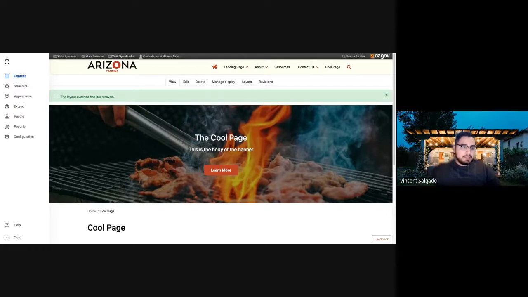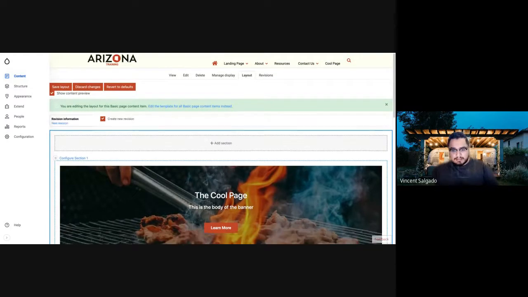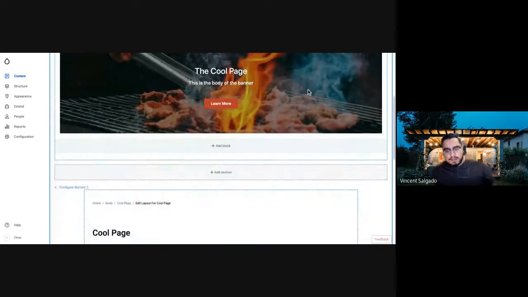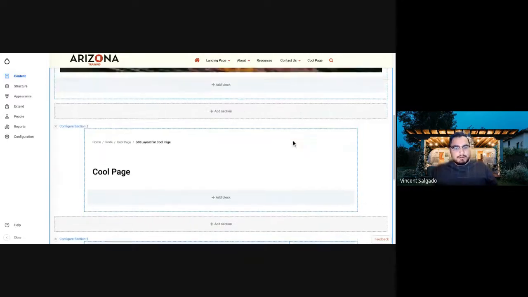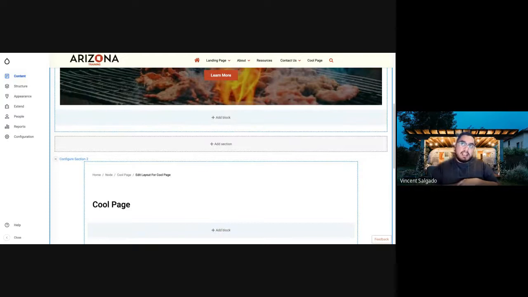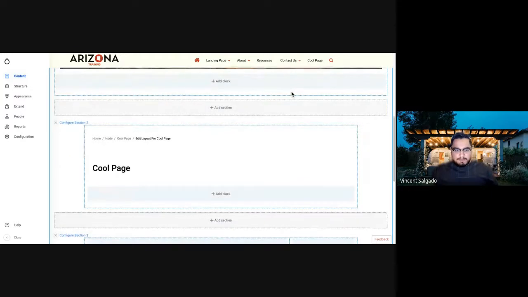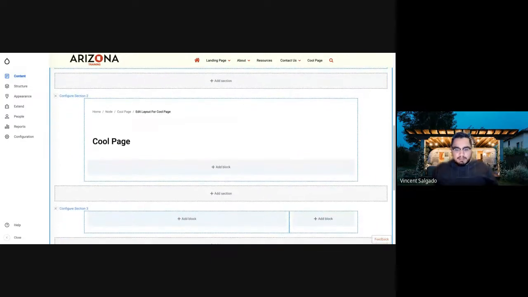So the next thing I want to show you, so we'll go ahead and continue on here. Now that we're getting familiar with how to use this layout builder, one of the things you might want to do is create a page that has 3 columns with 3 different texts right side by side with each other. So if I wanted to do that for this particular page, I'm going to go ahead and click Add